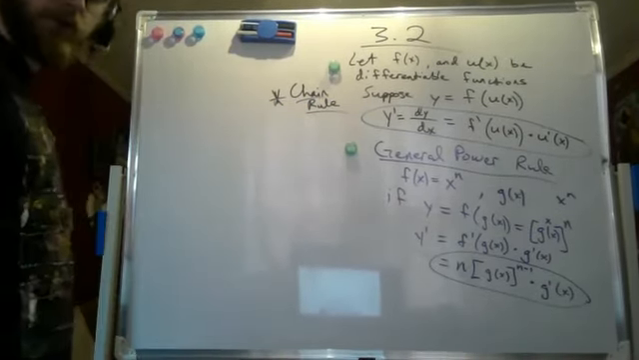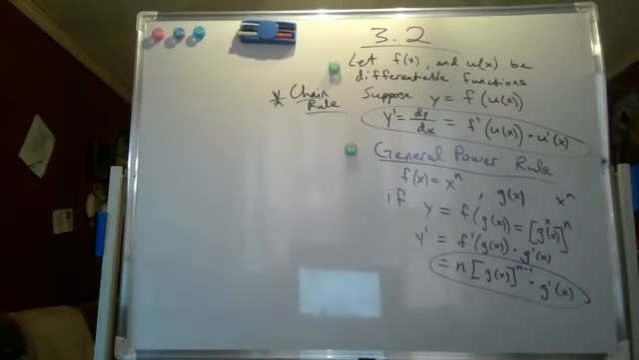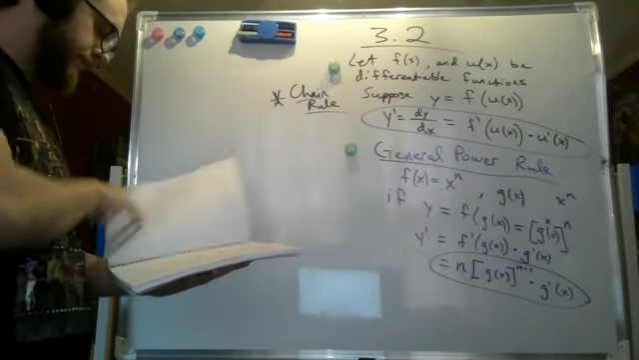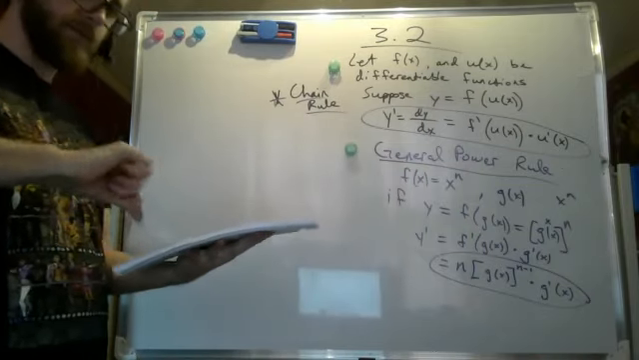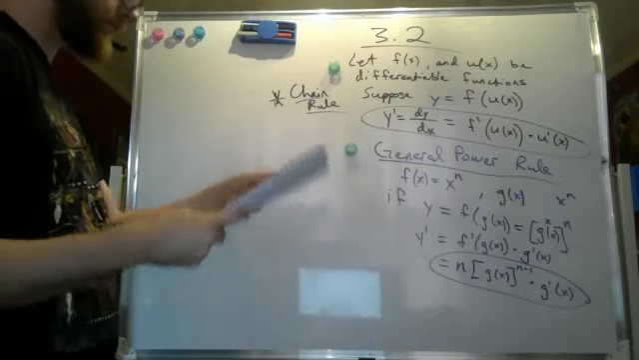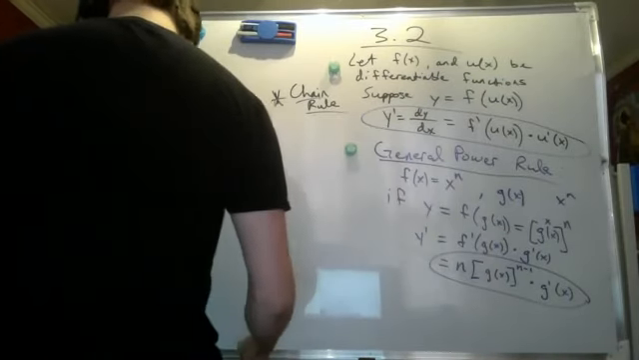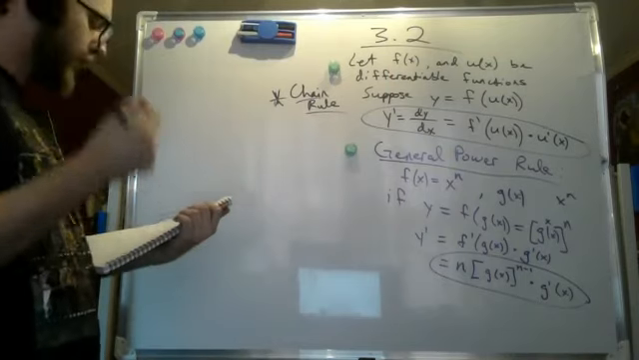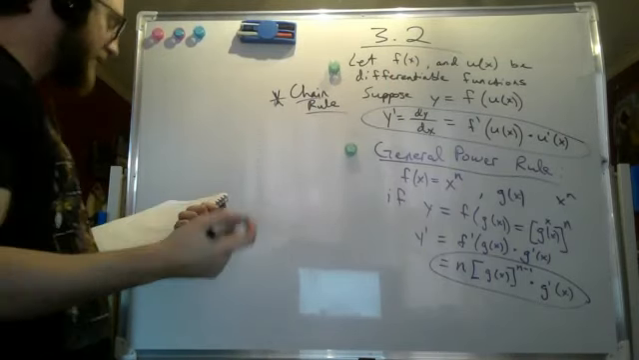So suppose you're given, and let me make sure I read off the word problem correctly. Suppose you're given, here we go. Suppose you're given a manufacturer has determined that the weekly profit from the sale of x items is given by,